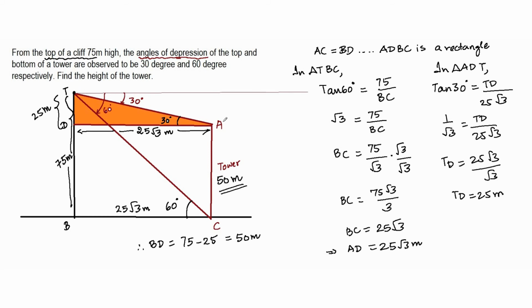Without even going to the tower, you are just measuring the angle of depression. Measuring the angle of depression is quite possible, right? So you can measure the angle of depression of the top and bottom of a tower, and sitting at the top of the cliff you can really calculate the height of the tower. That is the strength and the power of using trigonometry. So, pausing for a minute before moving on to the next one.